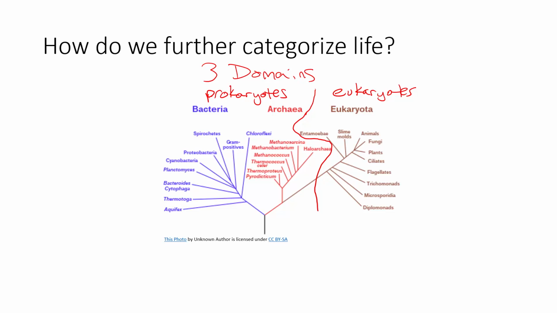So you can see that Archaea are actually more closely related to the eukaryotes than they are to the bacteria. However, they are still considered prokaryotes, and they're considered prokaryotes because they do not have that nucleus, nor do they have membrane-bound organelles. All of the prokaryotes are single-celled or unicellular,